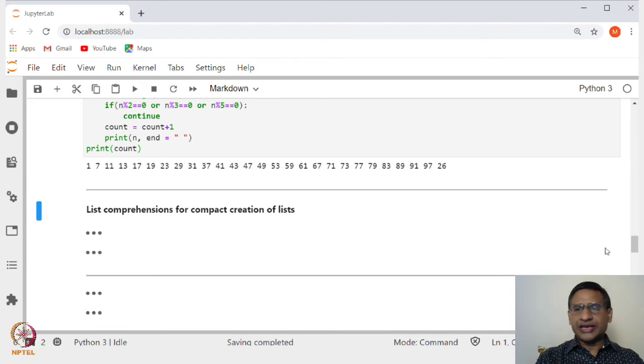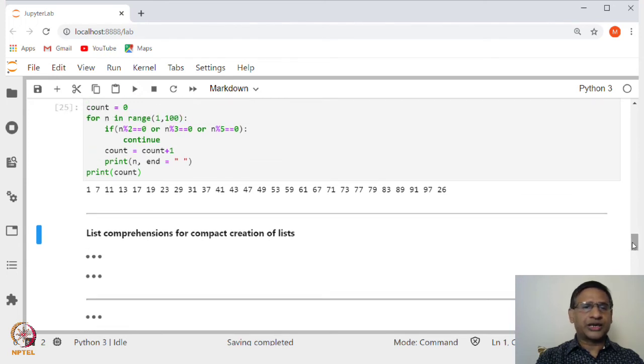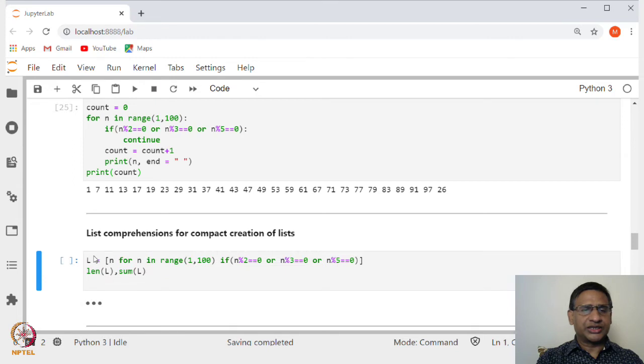Now, many times when you are writing a loop, you want to write everything in a single line, especially if you have some kind of compact list to be generated. You can do it as follows.